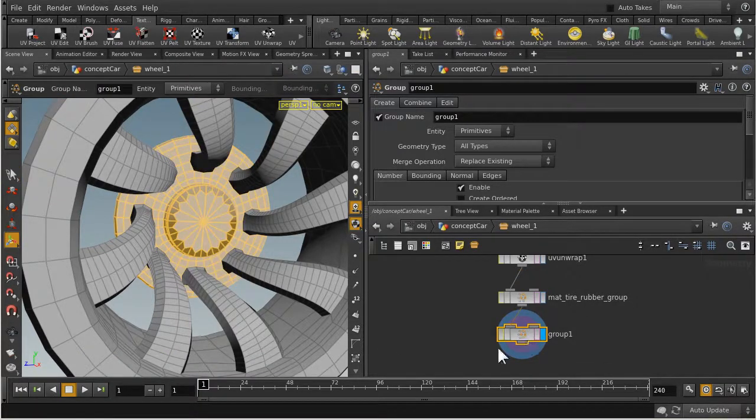The group node is added and connected for me here in the network view. And it has created this new group. Of course, it's called Group 1 as it is by default. I will definitely want to rename that. So I'll call that mat, short for material, underscore brake drum,